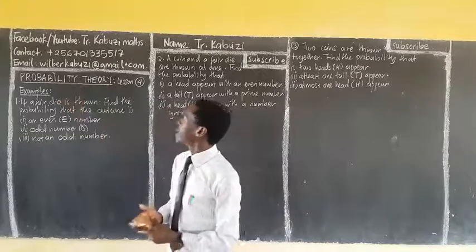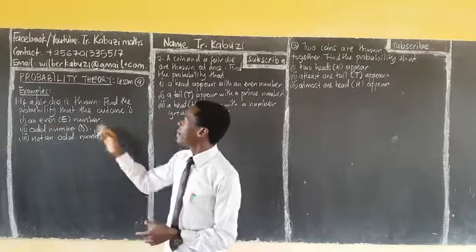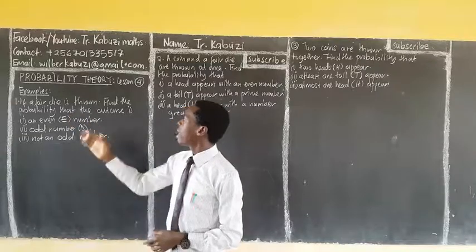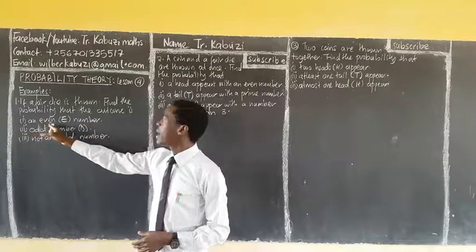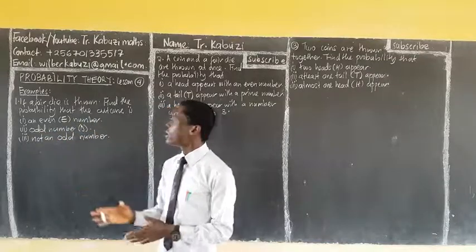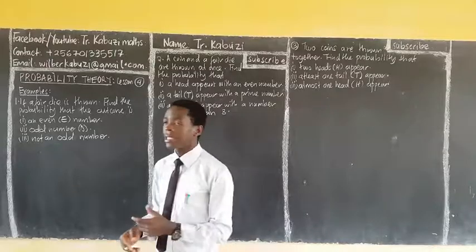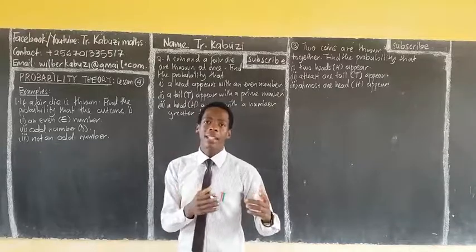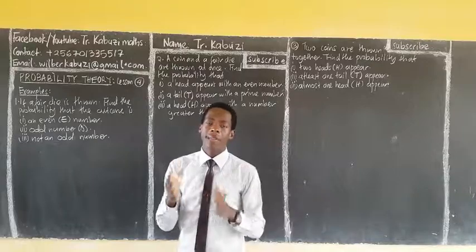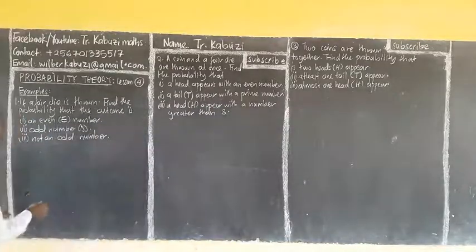Okay, so for probability here you have: if a fair die is thrown, find the probability that the outcome is part A, an even number, part B, an odd number, part C, not an odd number. So let us see. First of all, we generate the sample space. We know that a die has sides numbered from 1 up to 6. So we generate the sample space first. So meaning the solution here,